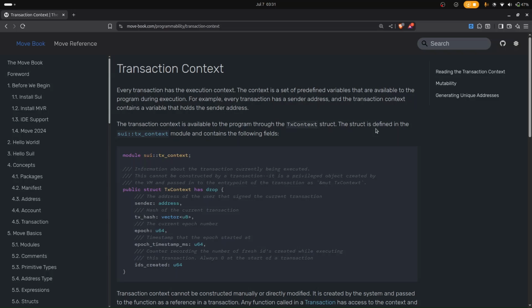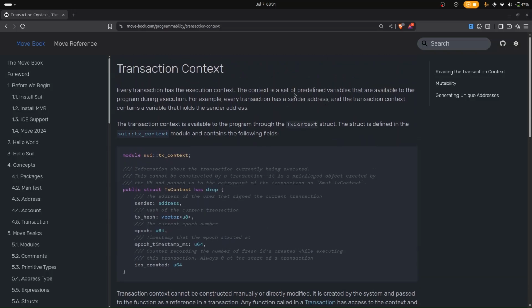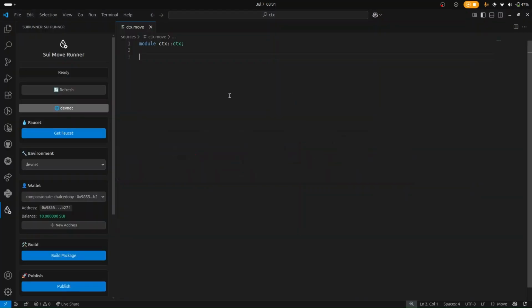Today we're going to be talking about transfer context. Most of us have come across transfer context a lot of times. That is CTX. Let me give an example. Now, let's head over to VS Code and let me create a new struct